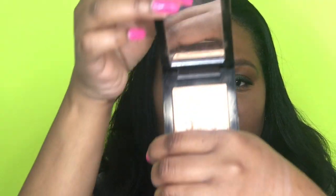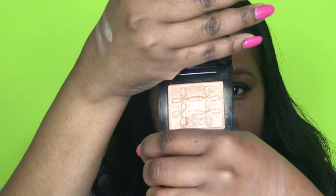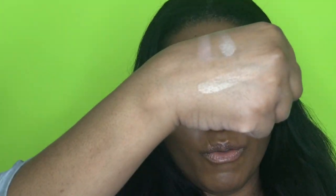And then, of course, I have my MAC. This one is the dual one that I have with the Pleasure Model blush. This one is called Whisper of Gilt. This one doesn't need anything on top of it because this thing really pops. There it is there. It really does pop on the skin, so you really don't need anything else if you